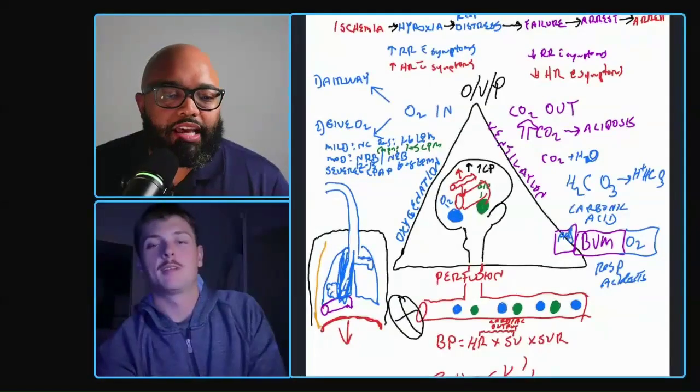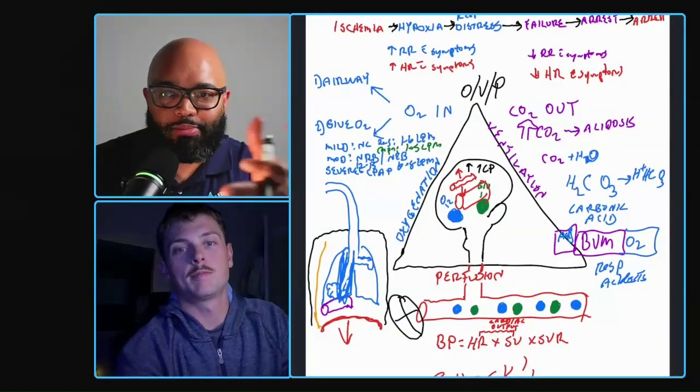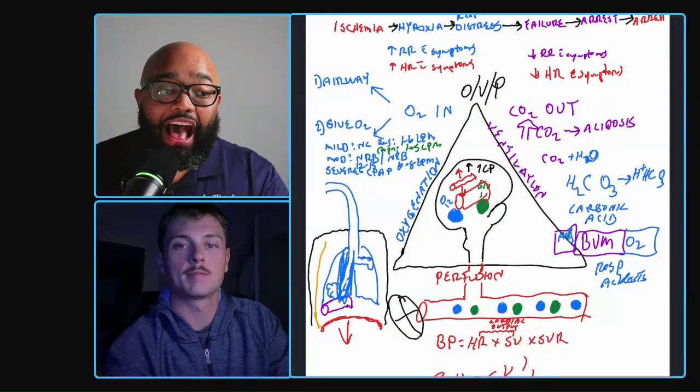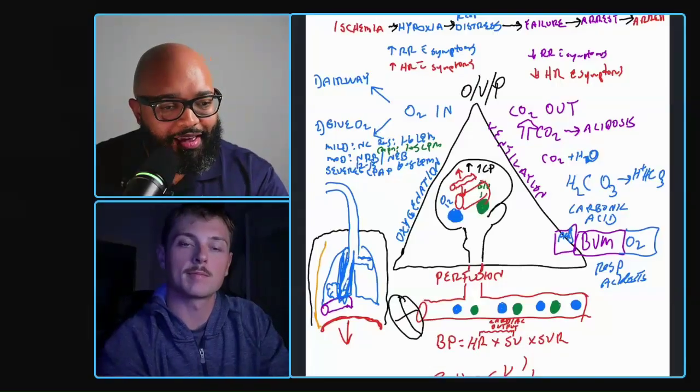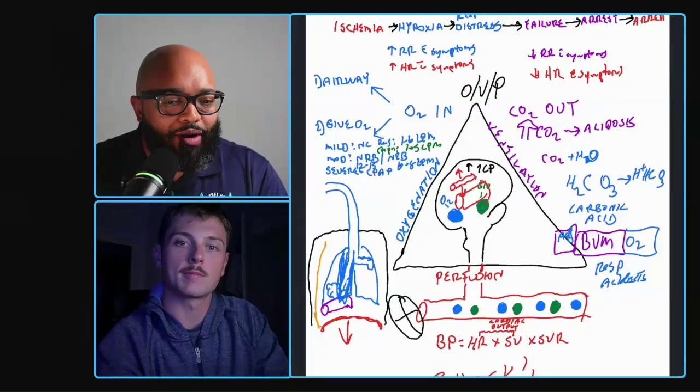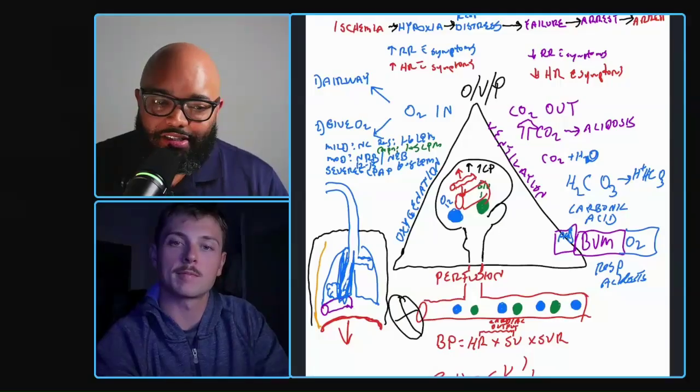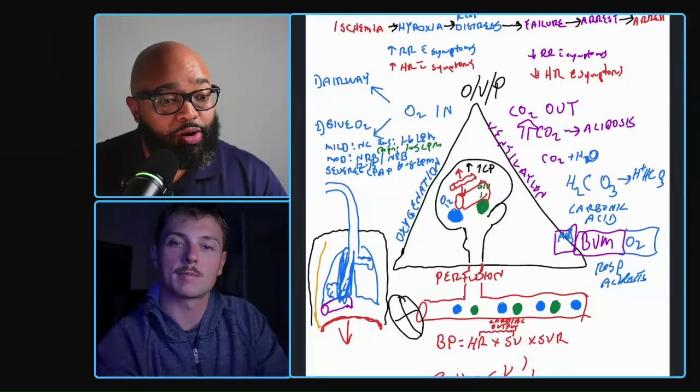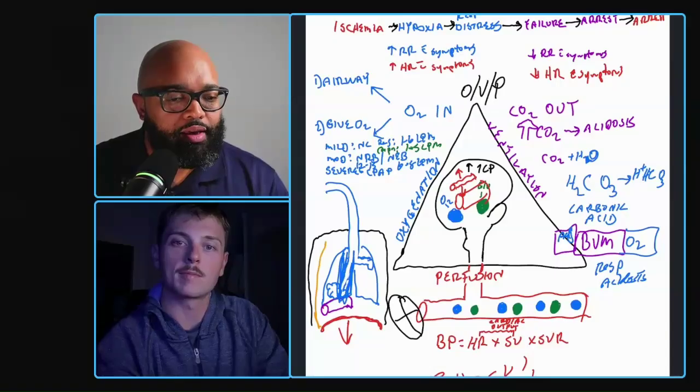Because they taught you the what. They said, oh, it's seizure patient, postictal. They didn't teach you the how. They didn't teach you the why. Can you see how knowing the how and the why helps you in a lot of situations, not just on a test, but it actually helps you in real life? And that's where it matters more.